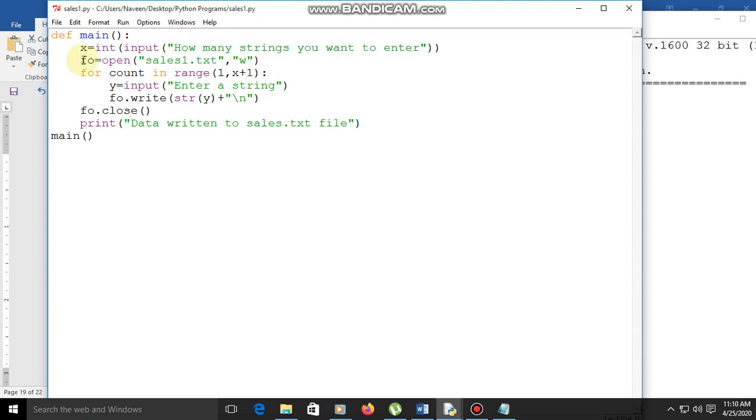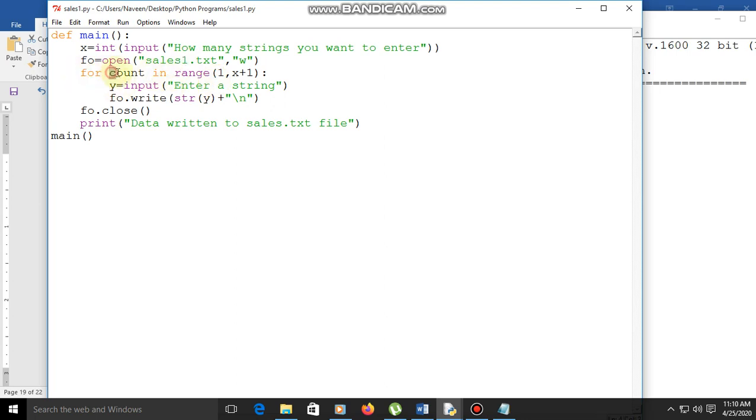Whether 2 strings, 3 strings or 4 strings, that integer is assigned to x. Now the second one, f file open equal to open sales1.txt w, and for that we are going to create the sales1.txt file. Already sales is there, and the second one, sales1.txt, we are going to create.